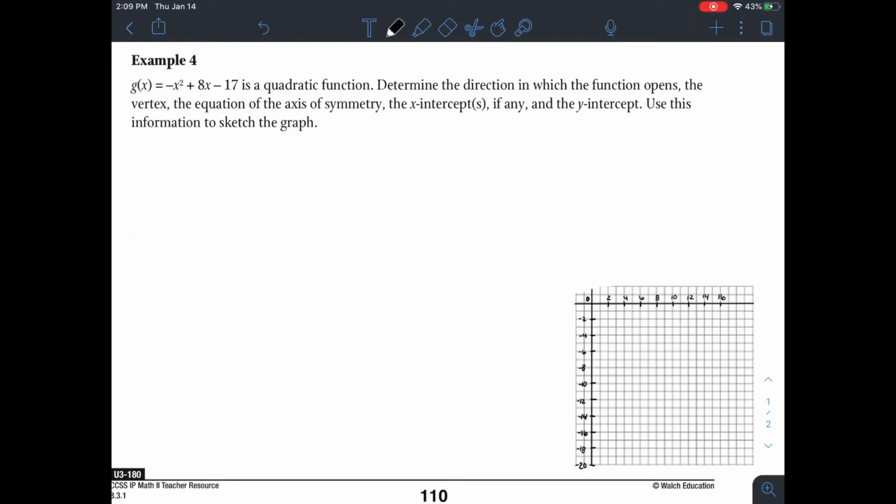For section 3.3.1, example 4, we are going to continue with graphing quadratics using the functions and the characteristics that we've already talked about. So in example 4, it gives us the quadratic function g of x equals negative x squared plus 8x minus 17. It says to determine the direction in which the function opens, the vertex, the equation of the axis of symmetry, the x-intercept or intercepts, depending on how many we would have, and then, if any, the y-intercept,